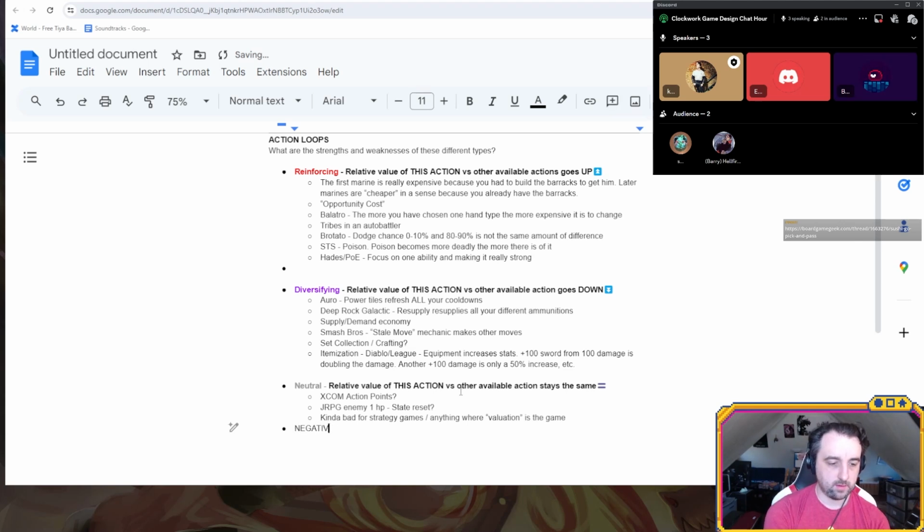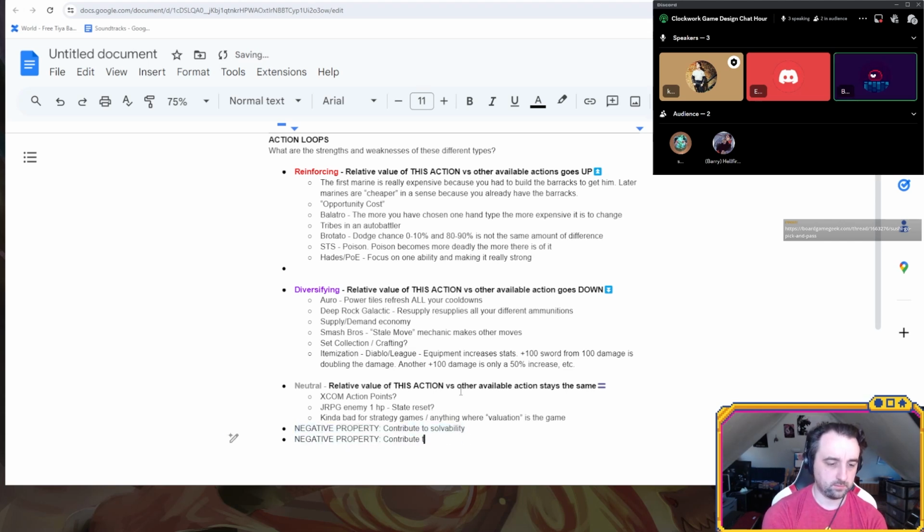I think one of the biggest issues with neutral loops is they contribute to multiple things. They contribute to solvability. They are more susceptible to imbalance, although that's probably even more true with reinforcing loops.